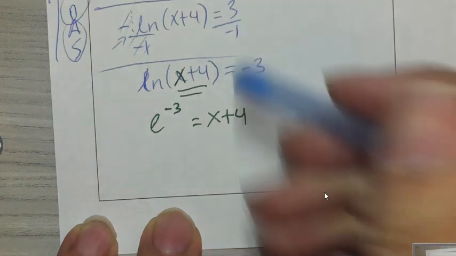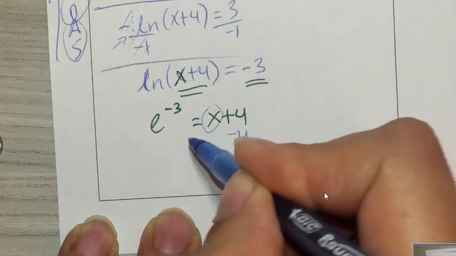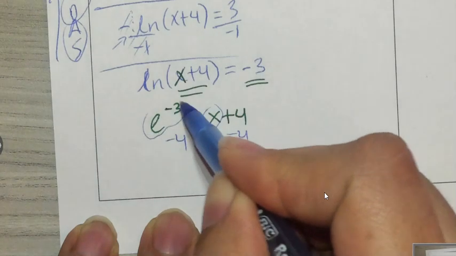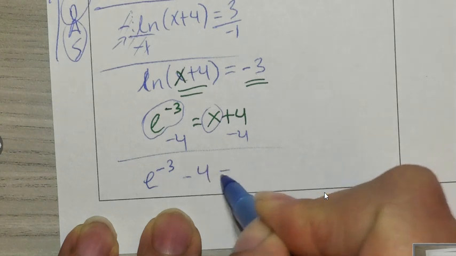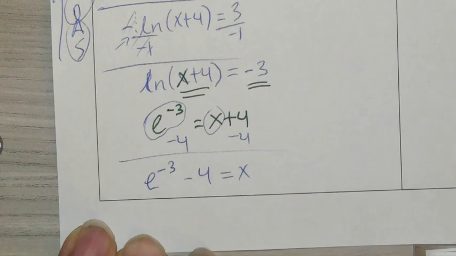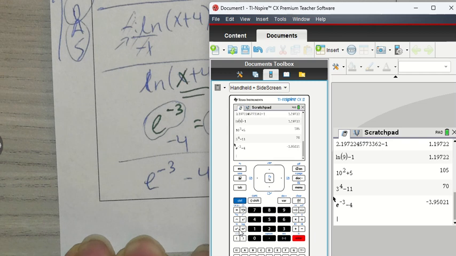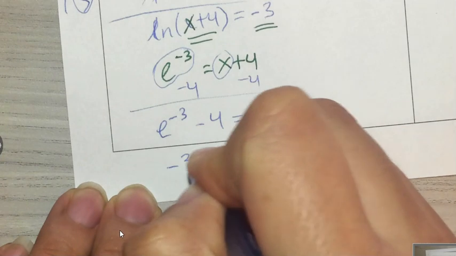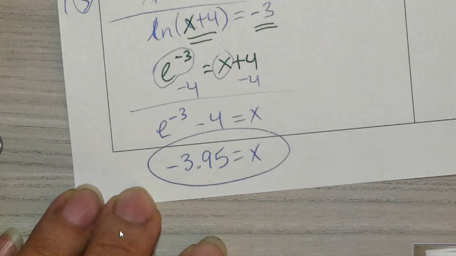Alright, once you get there, we want to solve for x, so we need to get rid of the +4 by subtracting 4. And this stays together, so we're going to have e to the -3rd power minus 4 equals x. So you're going to type in your calculator, e to the -3rd power minus 4. So that is -3.95. -3.95 equals x. So that's how you solve